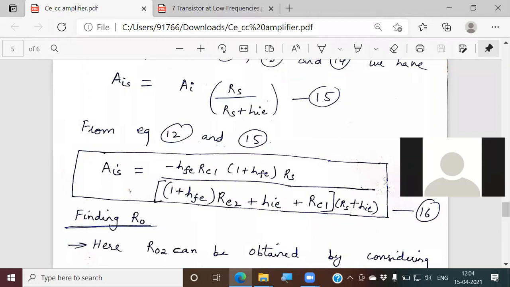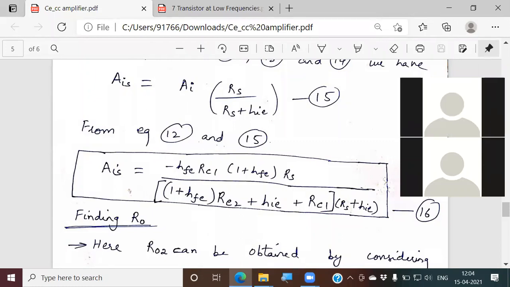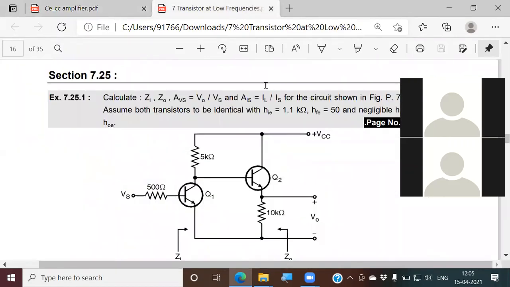Four seven seven, Devender. There is no calculator with me, sir. Use your mobile phone, Devender. Minus 0.30, sir. How is one person getting minus 0.15 and another person getting 0.3? All should get the same answer, isn't it? Same formula, same values, all should get the same answer. Please check.